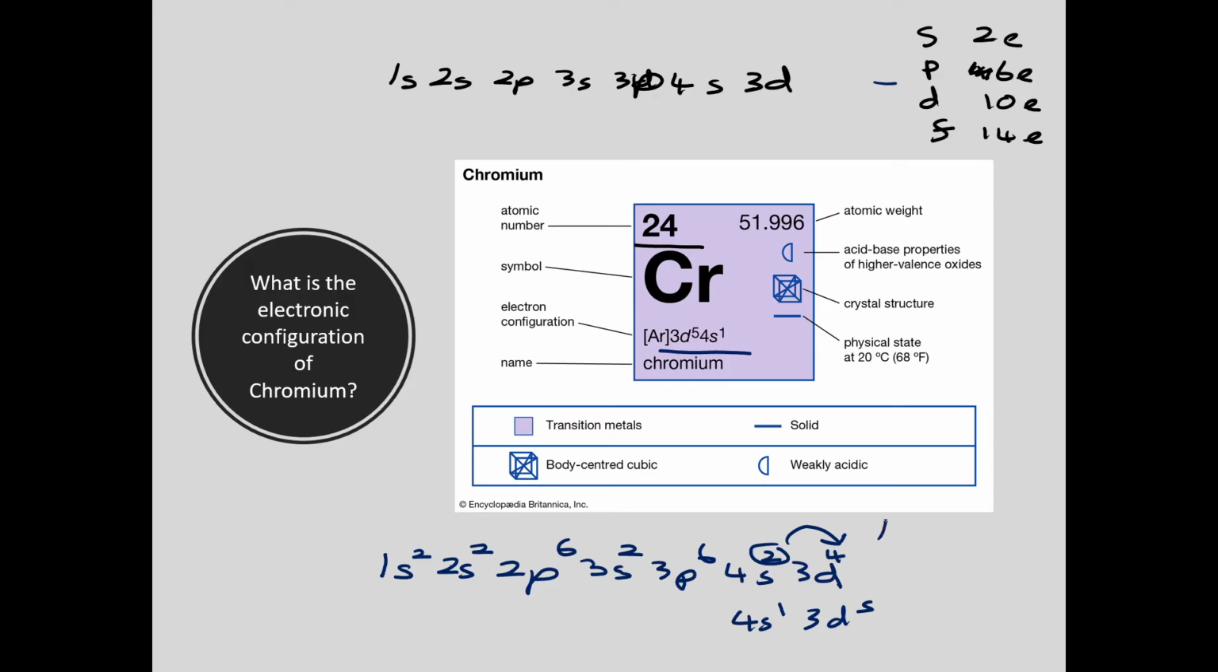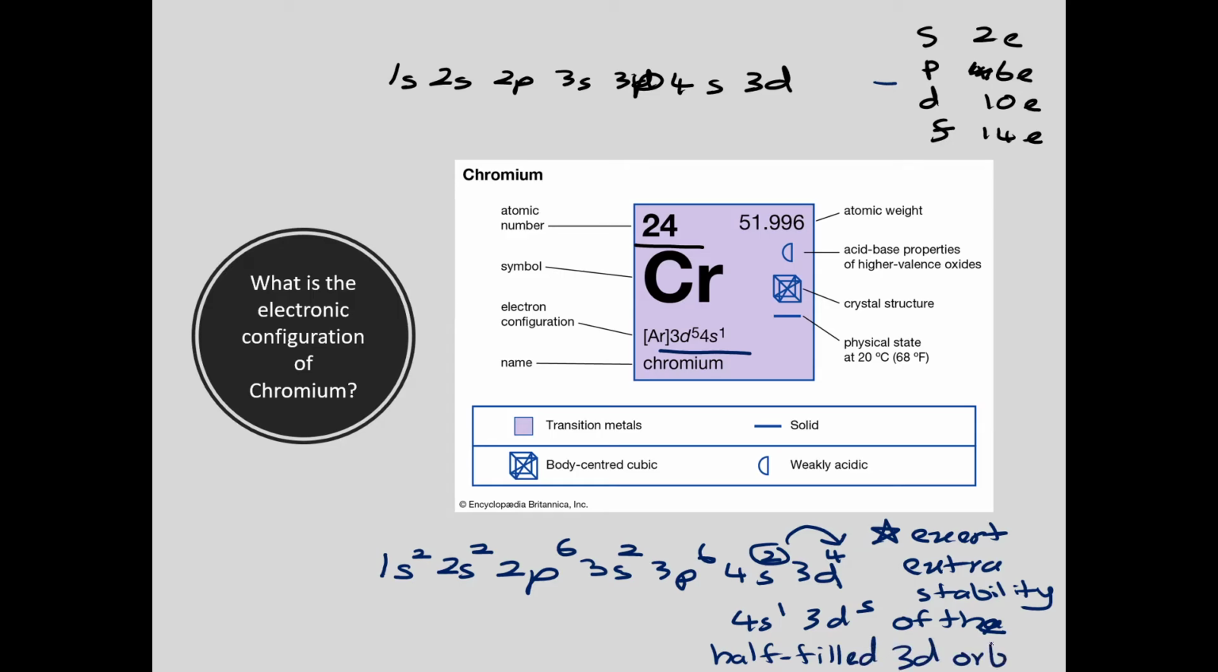Sebab, okay, selalunya question akan tanya kenapa. Sebab dia exert extra stability of the half-filled 3D orbital. Okay, kalau you tengok this 3D orbital, bila kita pindah je 1 electron masuk ke D orbital ni,